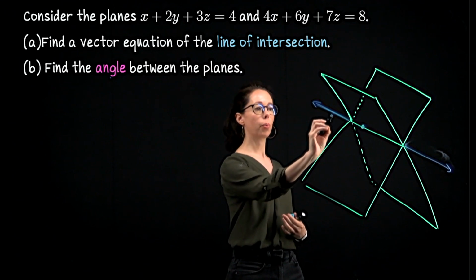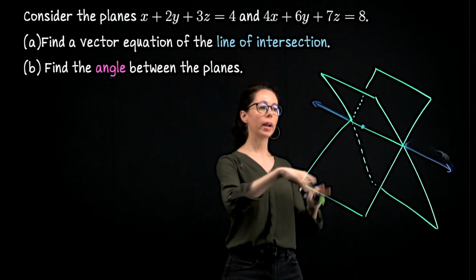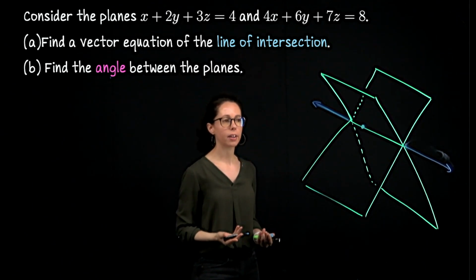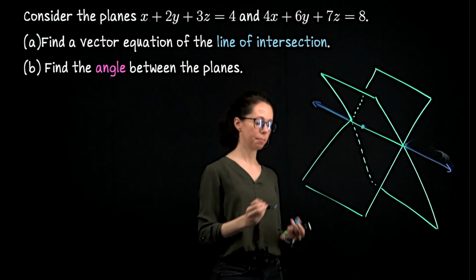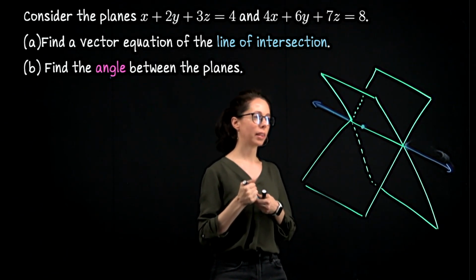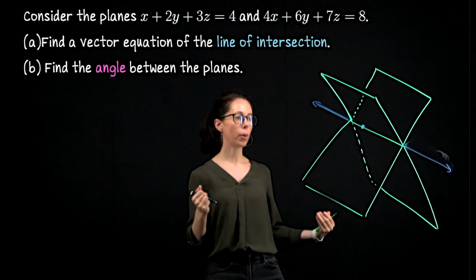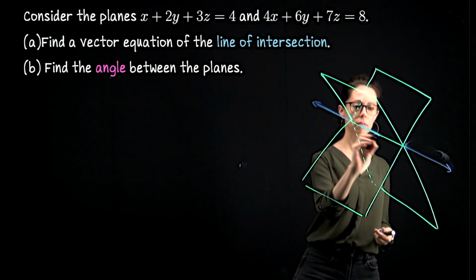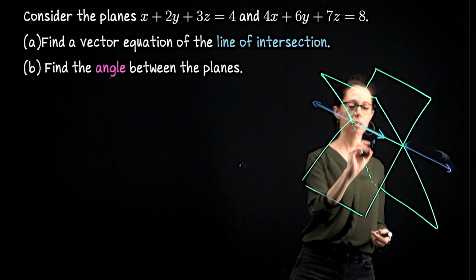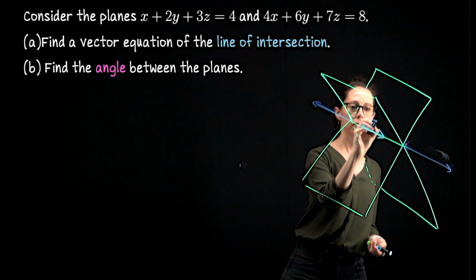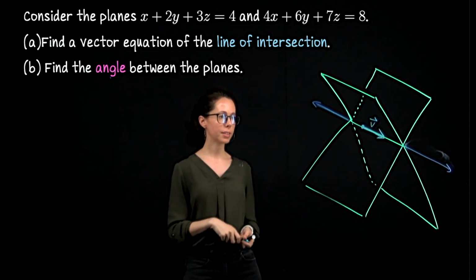And then our sense of direction tells us how to move away from that point to trace out the line. So if my sense of direction points me that way, I can stretch it, or I could negate it and stretch it the other way. And overall, that's going to trace out the entire line. So we just need a point and a sense of direction. Let's actually find that sense of direction first. So I will label it on this diagram as a vector that points us along the line of intersection. And let's call this vector V, like so.